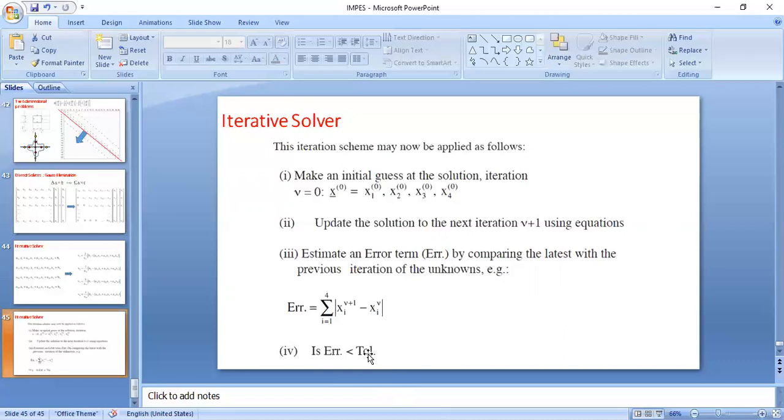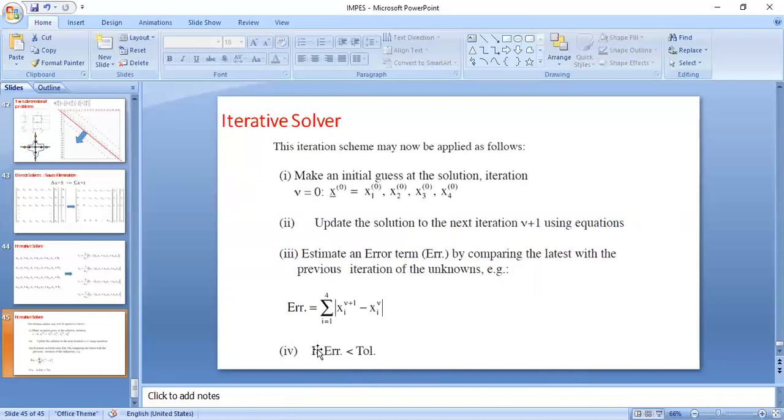If we make it equal to 0, then the system will try to reach 0 value, so that will consume more iteration steps. So we fix a tolerance value. If my error is less than, say for example, 0.0001, that is almost equal to 0, depending on the accuracy we are expecting. If I am expecting more accuracy, then I will make the tolerance value 1 into 10 power minus 5, or even more. If required, it will be made 1 into 10 power minus 10 or minus 15. So it is not exactly equal to 0, but it is much closer to 0.